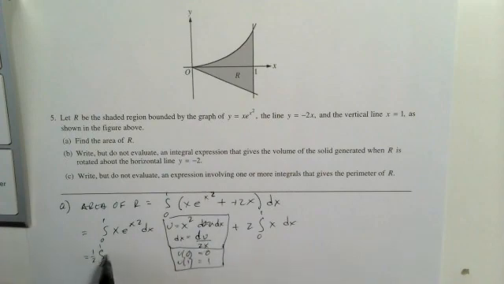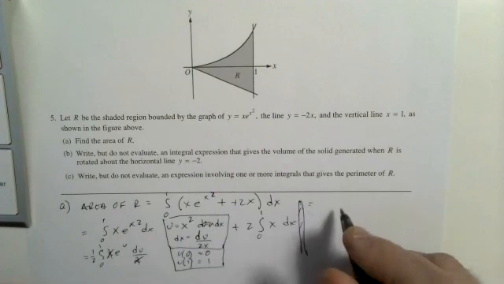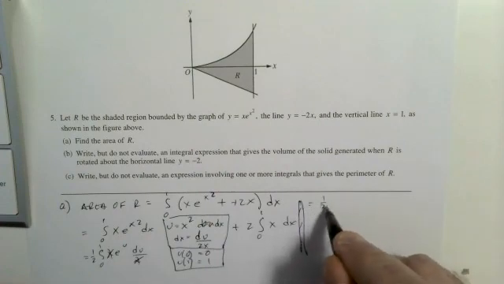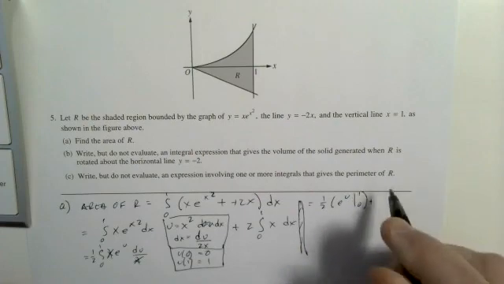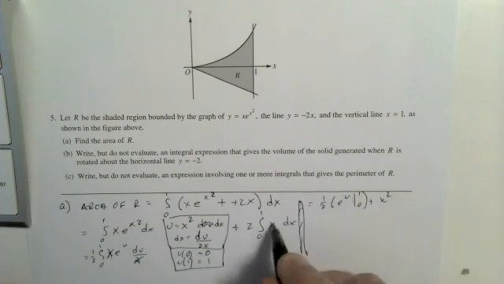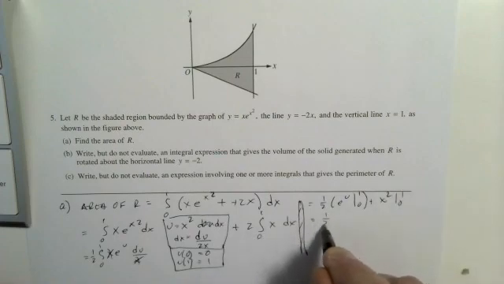I'm going to pull the 1/2 out. x e to the u, du over x. The 2 is right here. So hard to cross things out. I'm going to try and save some space here. Equals 1/2 e to the u from 0 to 1, plus x squared over 2, the 2's cancel, from 0 to 1, equals 1/2